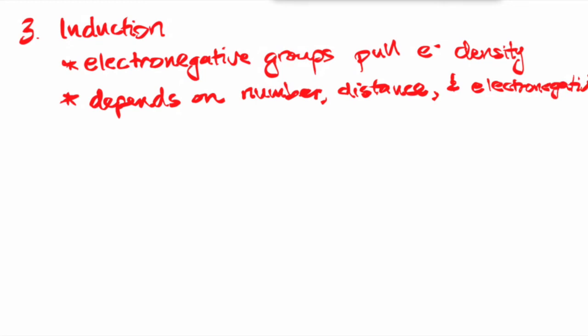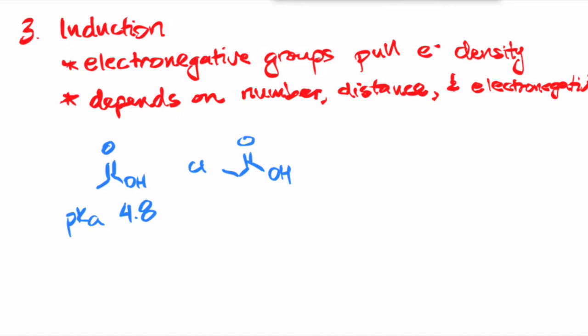Let's see a couple of molecules here to illustrate this point. So as the basis of our comparison, we'll take a look at acetic acid. The exact pKa is about 4.8. Now take a look at what happens if you add chlorine, an electronegative atom, to this molecule. Because of the induction effect, it will stabilize that negative charge when the proton is abstracted, drawing down the pKa to be about 2.9, a little bit more acidic than acetic acid.